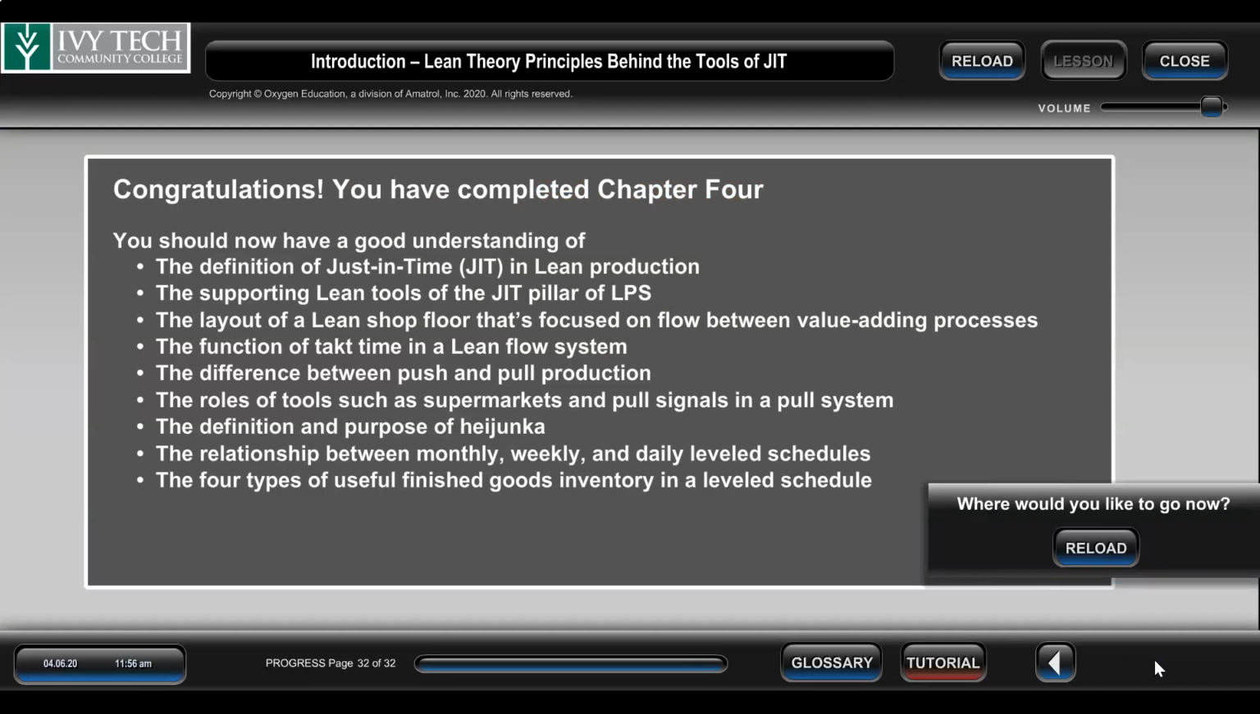Congratulations, you have completed Chapter 4. You should now have a good understanding of the definition of just-in-time,